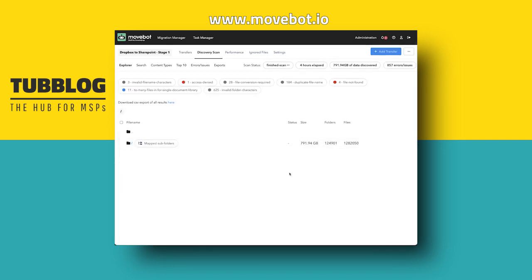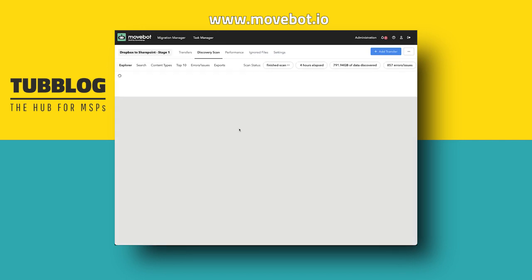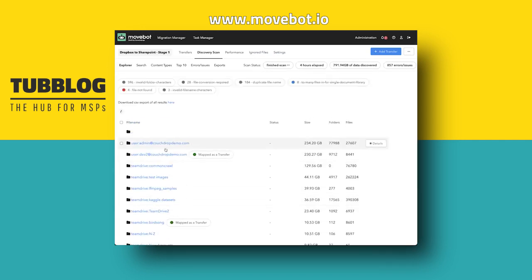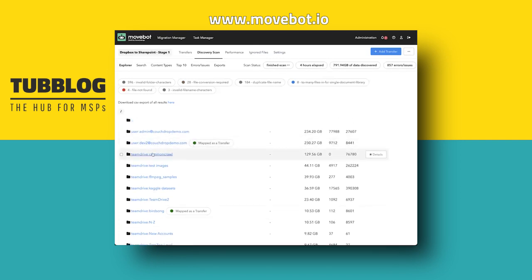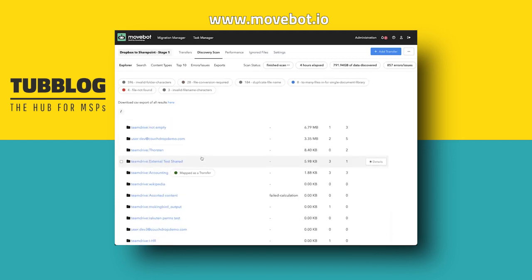It's only just under a terabyte of data, but you see that at the top. And then if we drill into it, we start to see where that data actually is. Yeah. So we have this massive user here, the admin at Couchdrop demo. She has the vast majority of the data. And then we've got this dev 2, and a couple of team drives and other